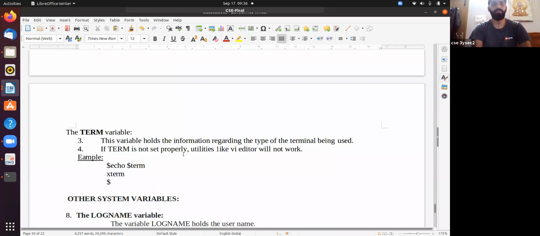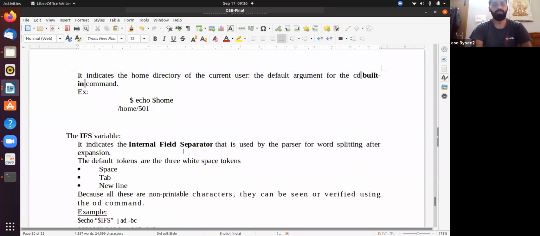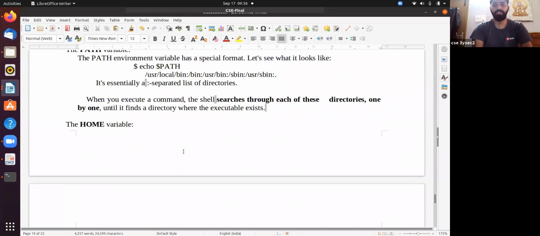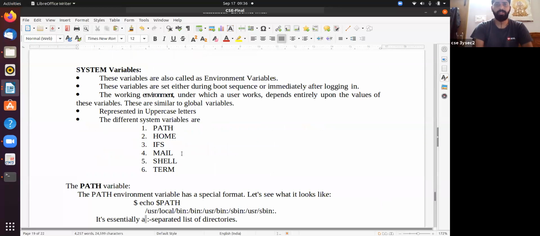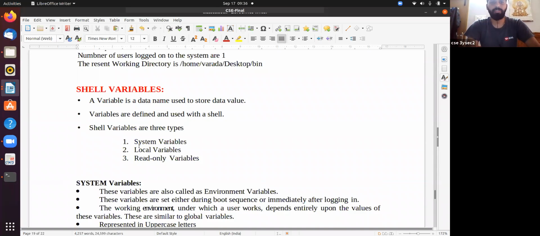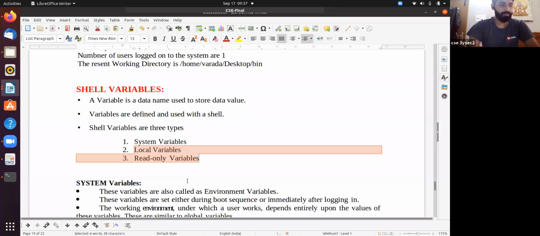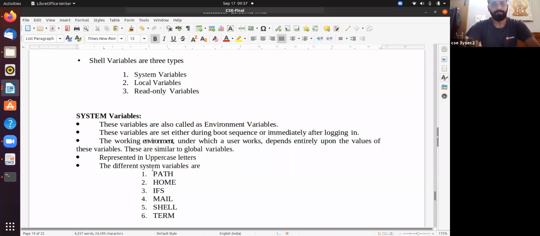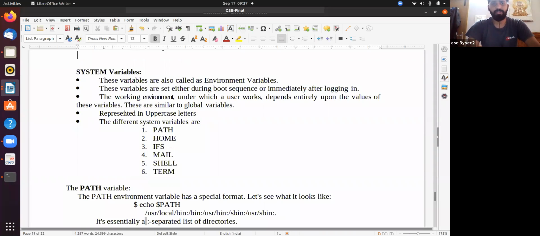So this is about the system variables available in shell. Okay, so let us have a quick review of the system variables. In the next class we will discuss the remaining two, local variables and read-only variables. The system variables are nothing but environment variables.